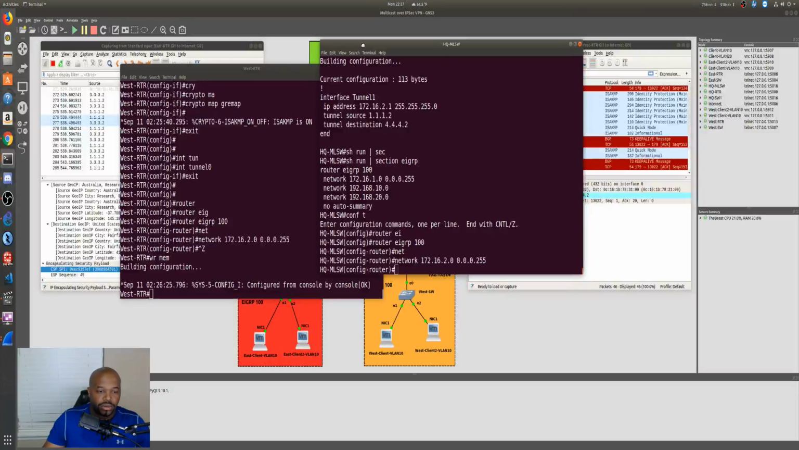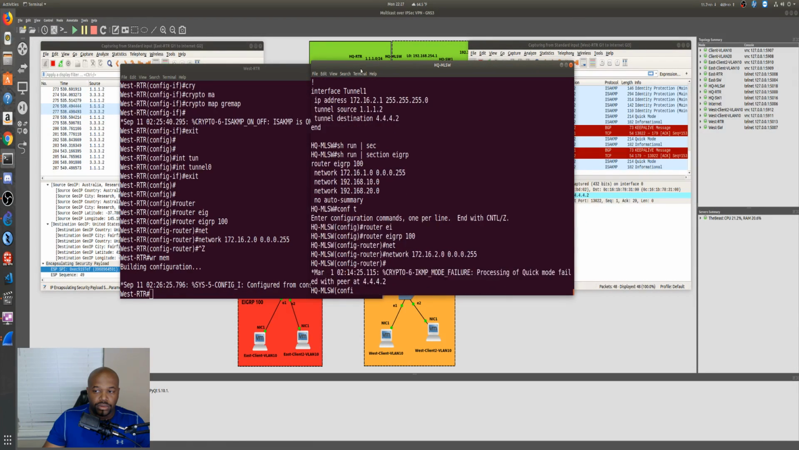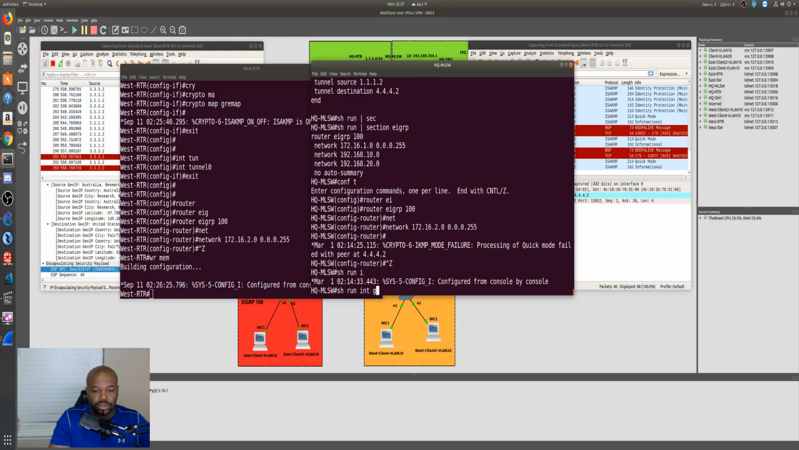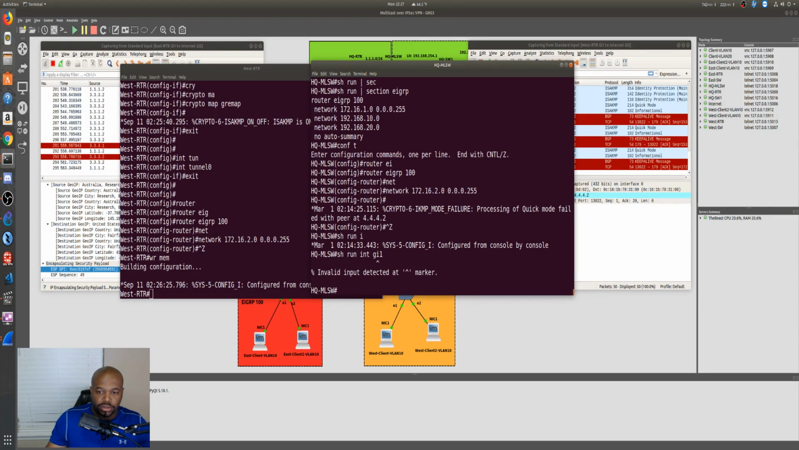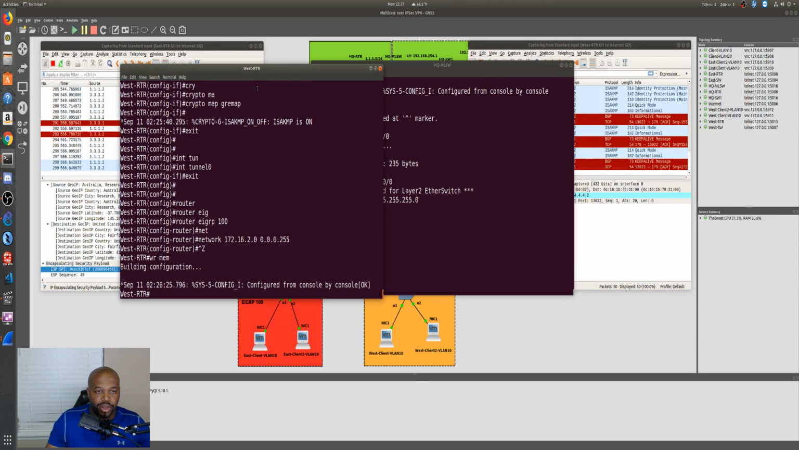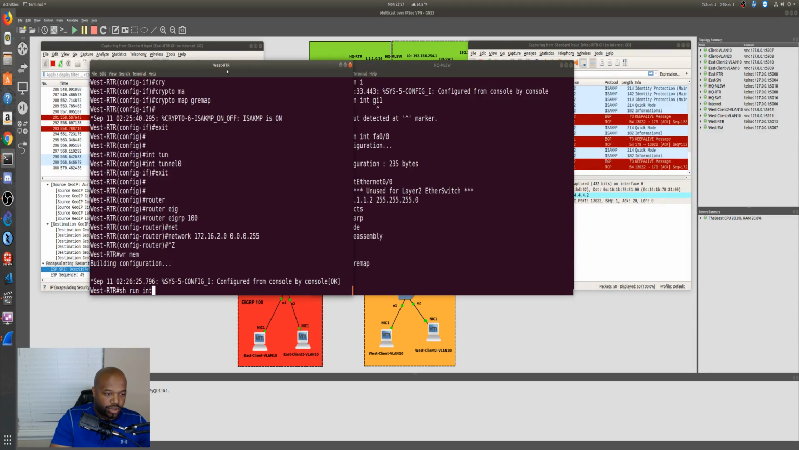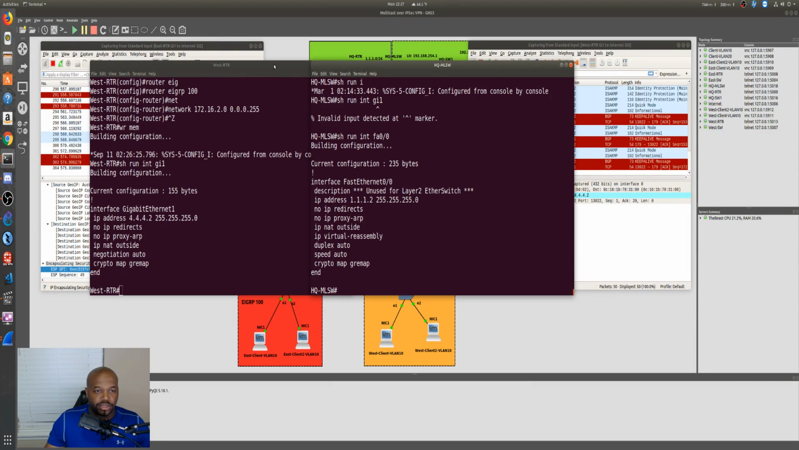2.0. 2.0. Failed: process of quick mode fail with peer. Show run GI1. Show run int FA0/0. I got the crypto map on there. Show run int GI1. I may have to do a different